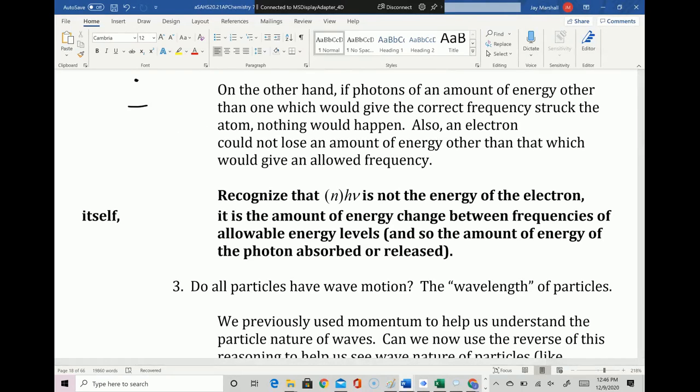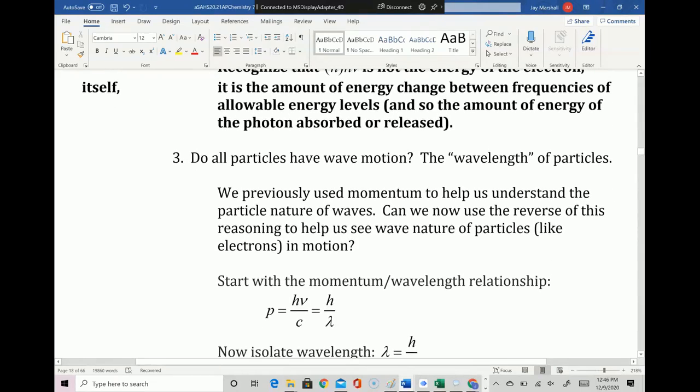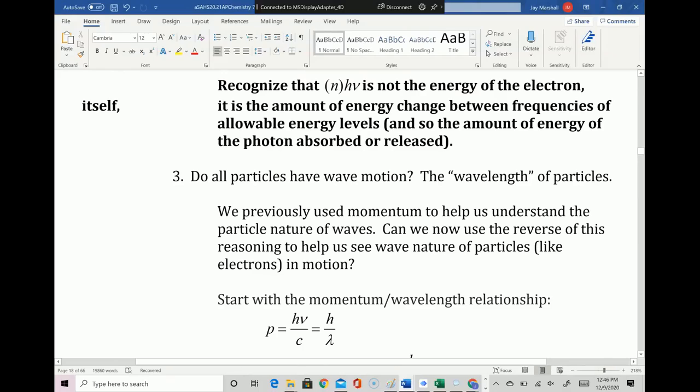Also, an electron cannot lose an amount of energy other than that which would give an allowed frequency. Now, remember, this is not the energy of the electron itself. It's the amount of energy change between frequencies of allowable energy levels, and so the amount of energy of the photon absorbed or released. So if I've got an electron here, and here's the next energy level, the electron itself